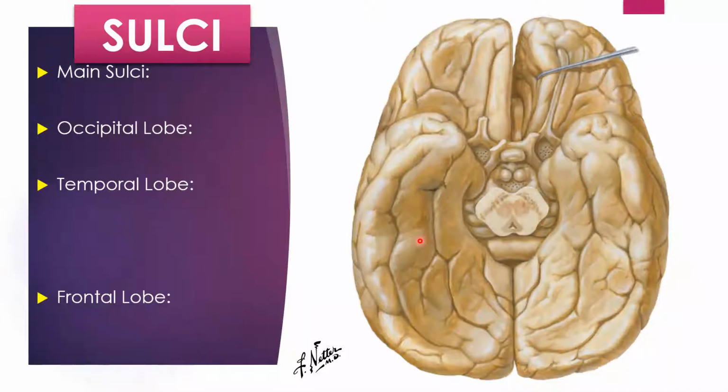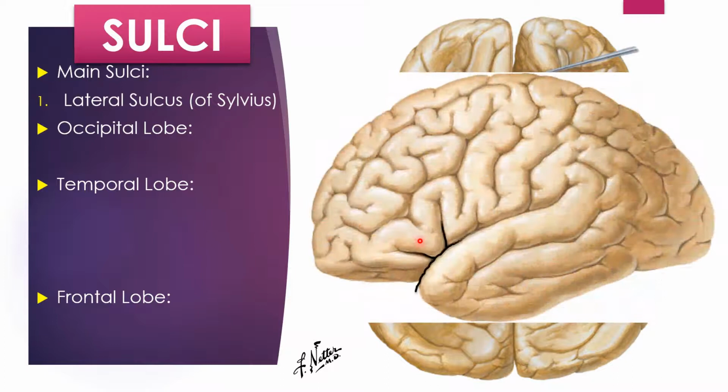Now the sulci mainly. The main sulci here are the lateral sulcus. As we have studied, it was stemming from the inferior surface. Okay, it is a revision for you now. And it goes on the supralateral surface and giving three rami: anterior horizontal, anterior ascending, and posterior horizontal ramus.